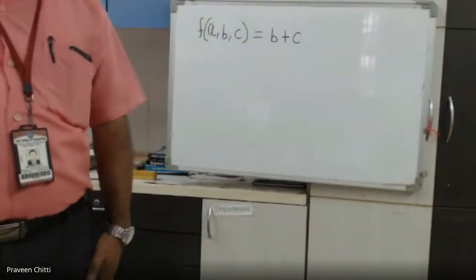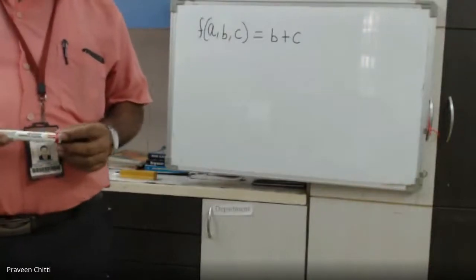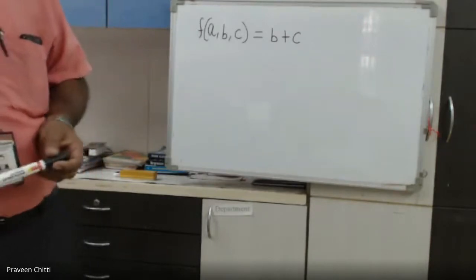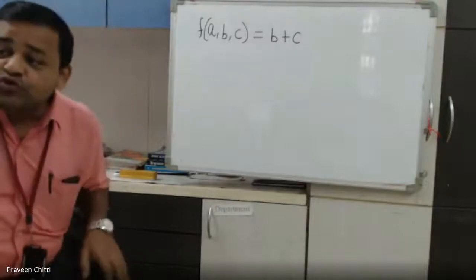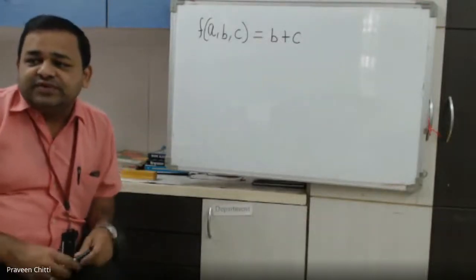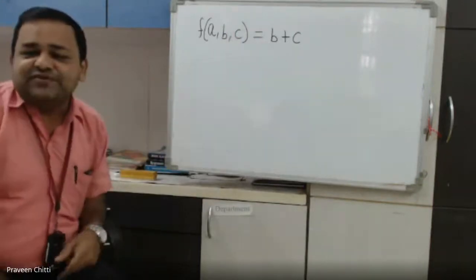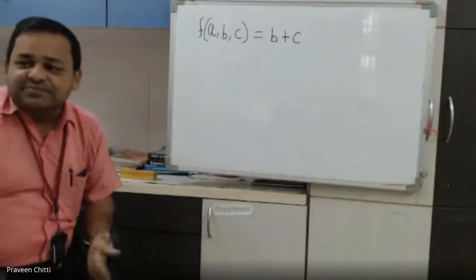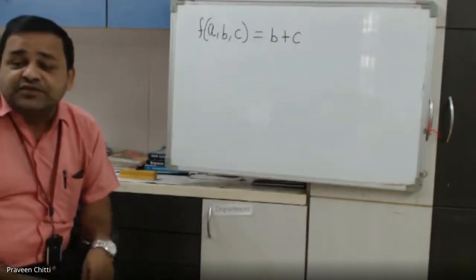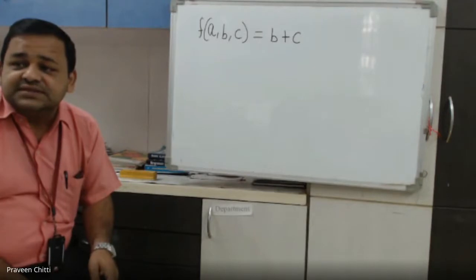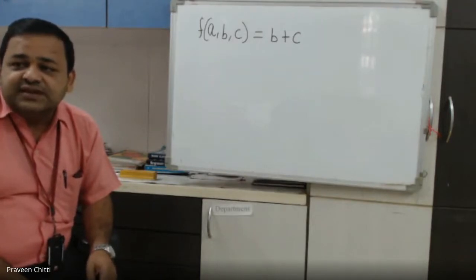Normally, K-map we use for what? What for K-maps are used? I want quick answer. Yes? To solve Boolean expressions. Solve means what? To simplify given Boolean equation. To simplify Boolean equation, we use K-map. Right? But here already simplified equation is given. We can't simplify it further. B plus C is already in simplified form. But what the question asks? Can someone read the question? Yes? Read the question here.